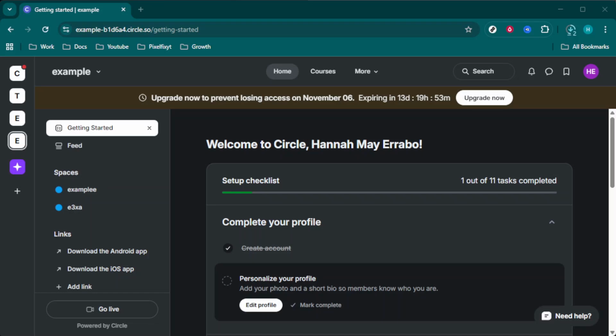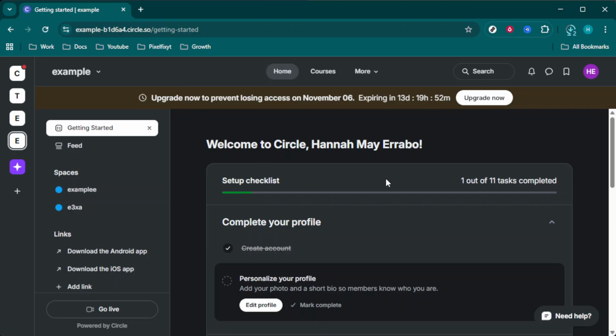In today's video, I'm going to teach you how to implement Google Tag Manager in Circle.so Paywall. This insightful guide will walk you through each step to ensure your implementation is successful and hassle-free. Whether you're new to Google Tag Manager or a seasoned pro, this tutorial will make the process feel approachable and